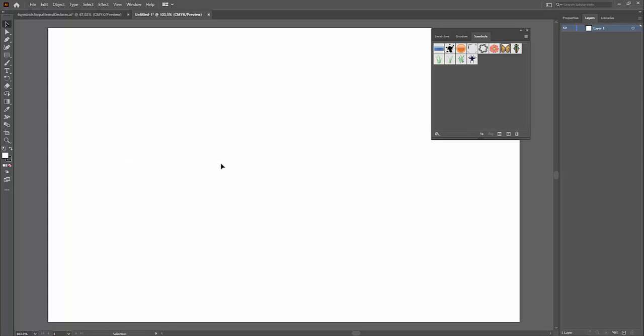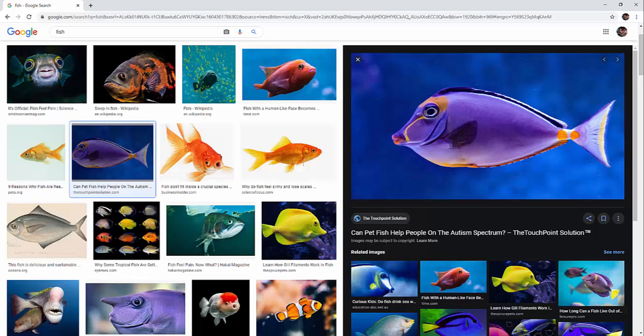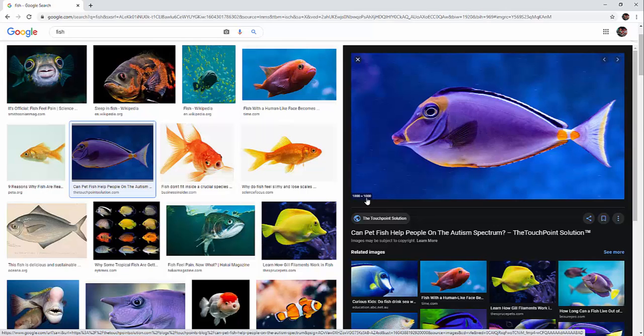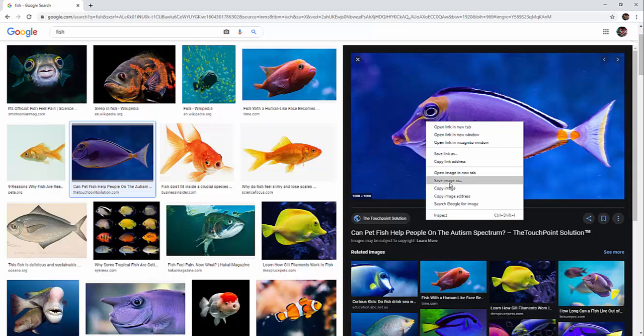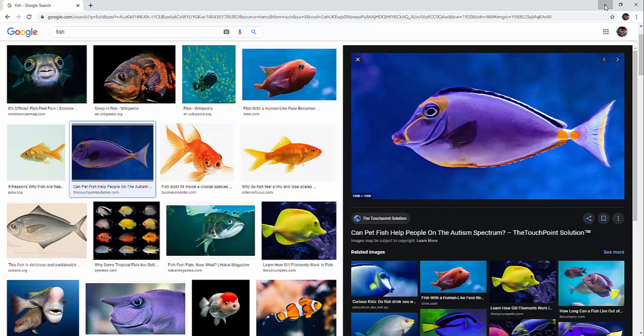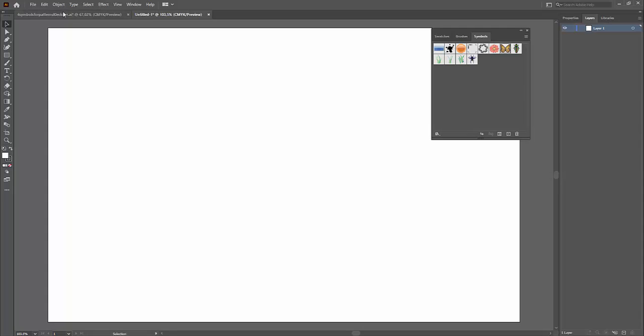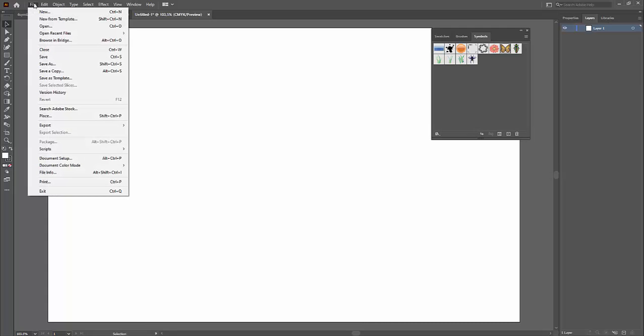We need to find an image first, and I found on the internet, I just Googled fish. I found this image here. It's a little big, but it's okay. I'm going to scale it down. It's 1,000 by 1,800 pixels here. What you do is you right-click, Save Image As, and then save it to a folder, wherever you want. And then in Illustrator, you don't do a copy and paste. What you do is you go File, and you go down to Place. Place is better for this